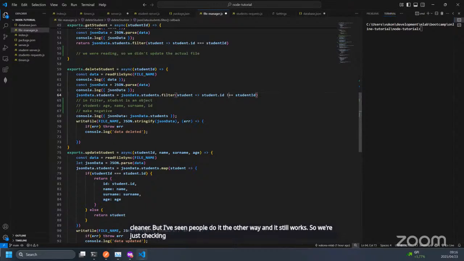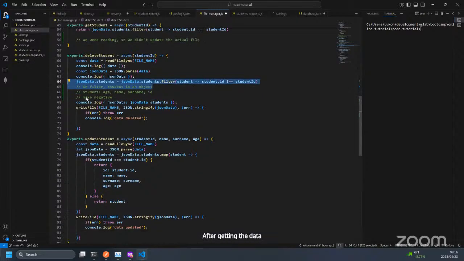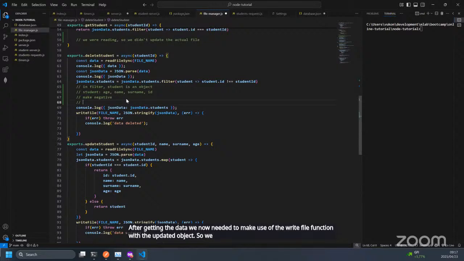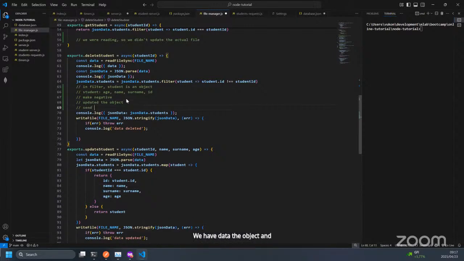But because we have to delete after getting the data, we now needed to make use of the write file function with the updated object. So we updated the object, and then we sent the updated data. In this case, it's an object, and overrode